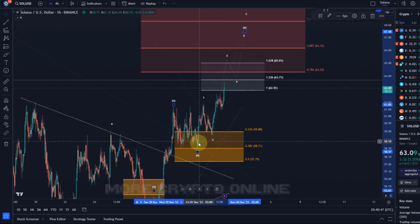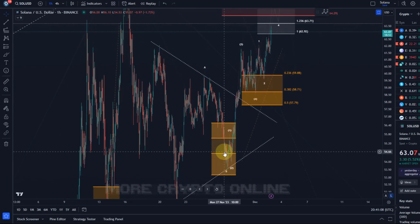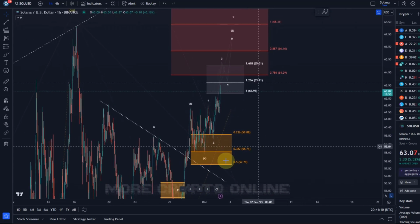So it is possible I can already count 5 waves up, right? So it's a 1, a 2, a 3, a 4, and a 5. It's just not a very reliable wave count for various reasons, including Fibonacci extensions. But it means that we just need to be on the lookout. We're now entering resistance. We've been watching for higher prices here in this B wave since Monday, and those happened. And now I think the easiest part of this rally